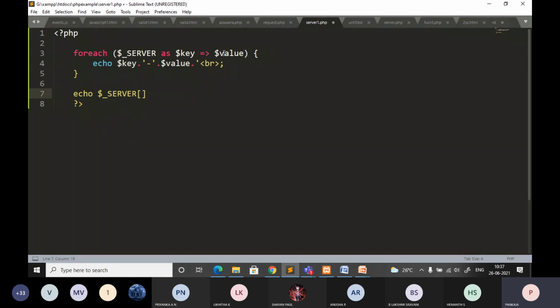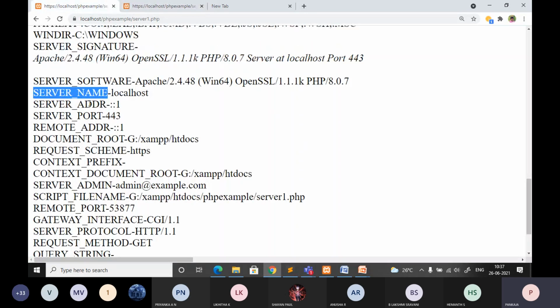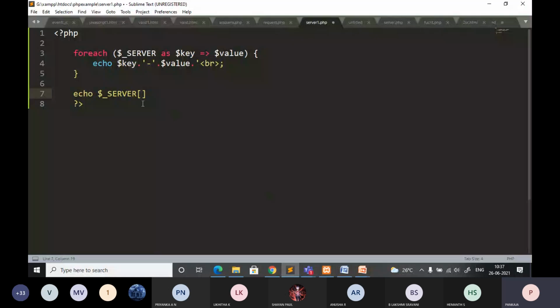Now in the square brackets, give any one of the parameters. I'll type SERVER_NAME. Just check it.